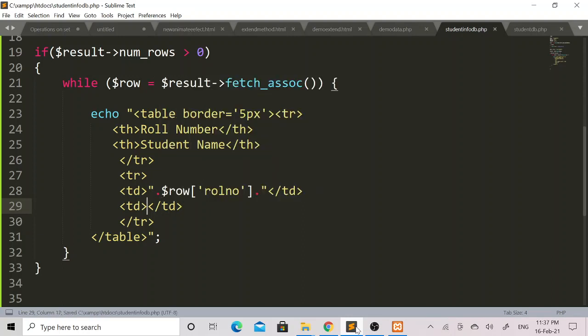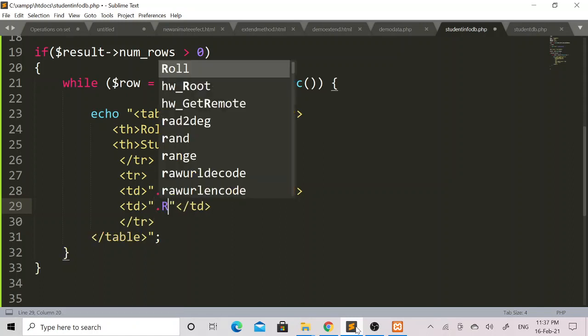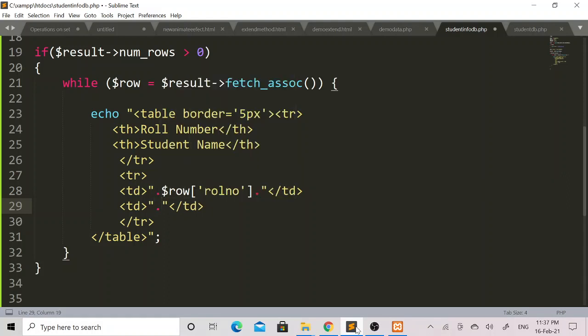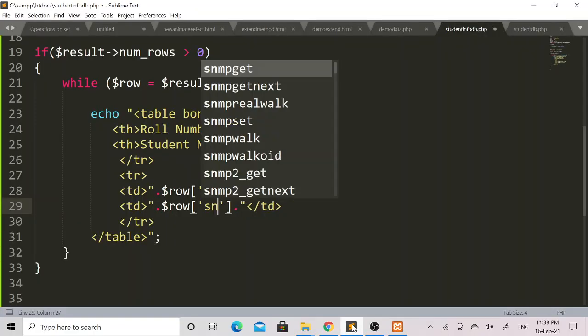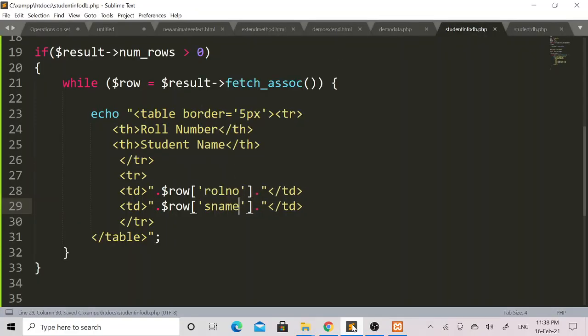Again within this table data tag I will add here double quote, then I will add one dot operator. Here using dollar sign I will call dollar row variable, open square bracket, close square bracket, and thereafter I will mention dot operator. Within this square bracket I will add one single quote. Now I will add another column name to display the student name, that is S name. So here I will mention S name. So in this way I will be able to display the data in a table format in a HTML PHP